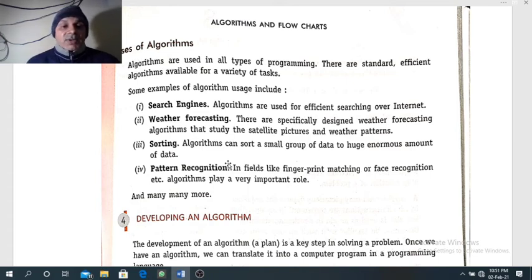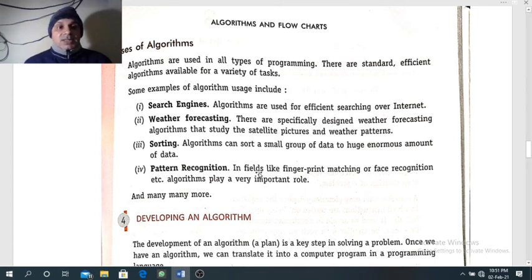So in computer, when we write many numbers and we want to sort the numbers in ascending or descending order, just with a click of mouse button, computer will solve it. So how is computer able to arrange the data in ascending or descending order or sort the data? For that, sorting algorithm is used in the program.